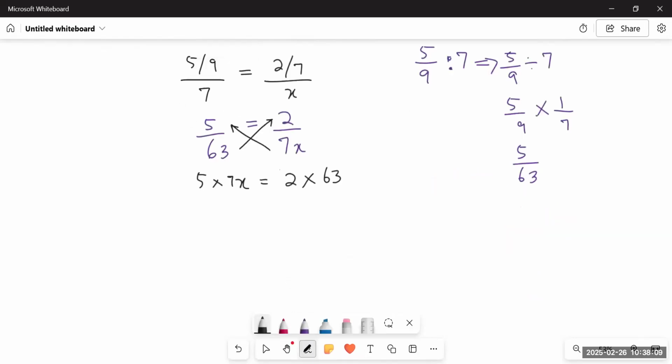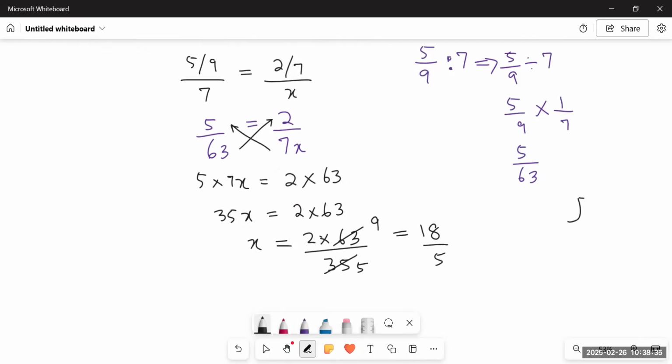And then 35x is equals to 2 into 63. I'm not solving them right here. Why? Because I will simplify it with 35. Since there is a multiplication sign in between, so it would be 7 5s are 35, 7 9s are 63. So the answer to this would be 18 upon 5.